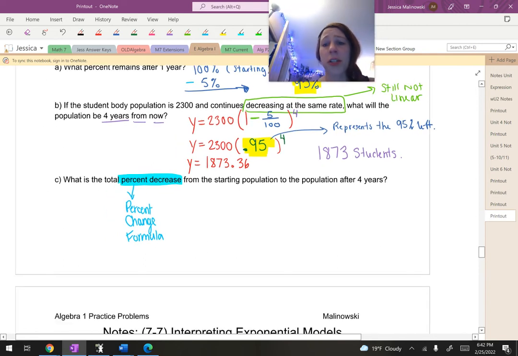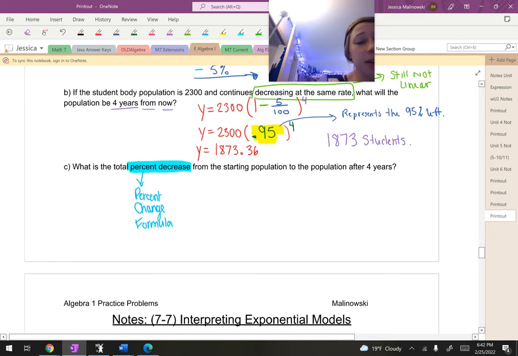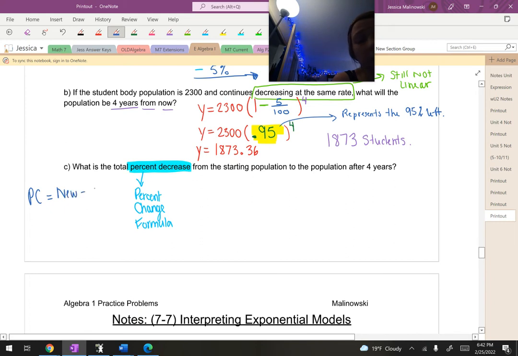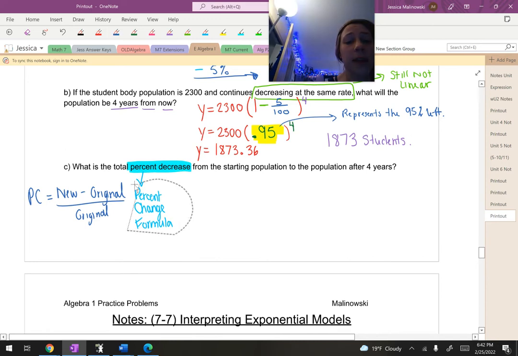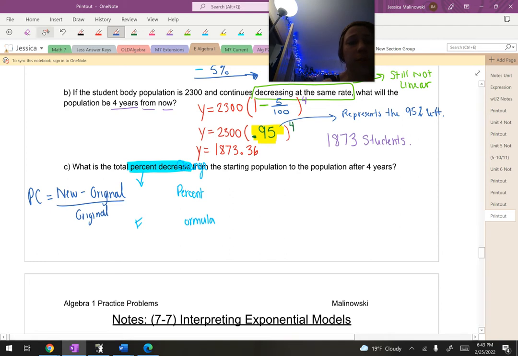Which, if you need a reminder, you can find that in 7-5, or I will tell you now, percent change PC is equal to that new minus the original divided by that original. That gives you the decimal, so you need to multiply that by 100 in order to